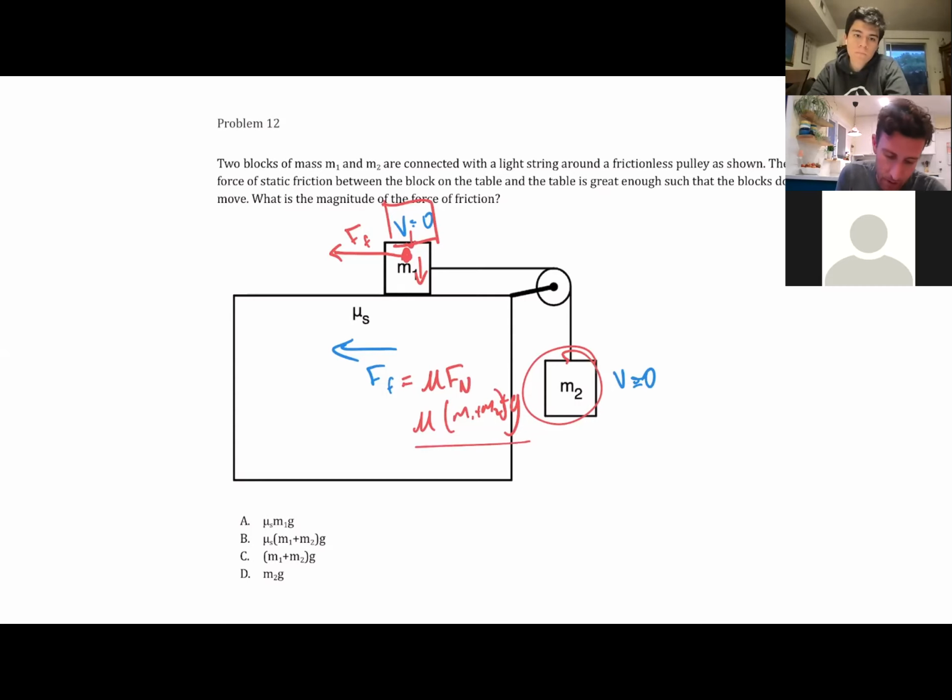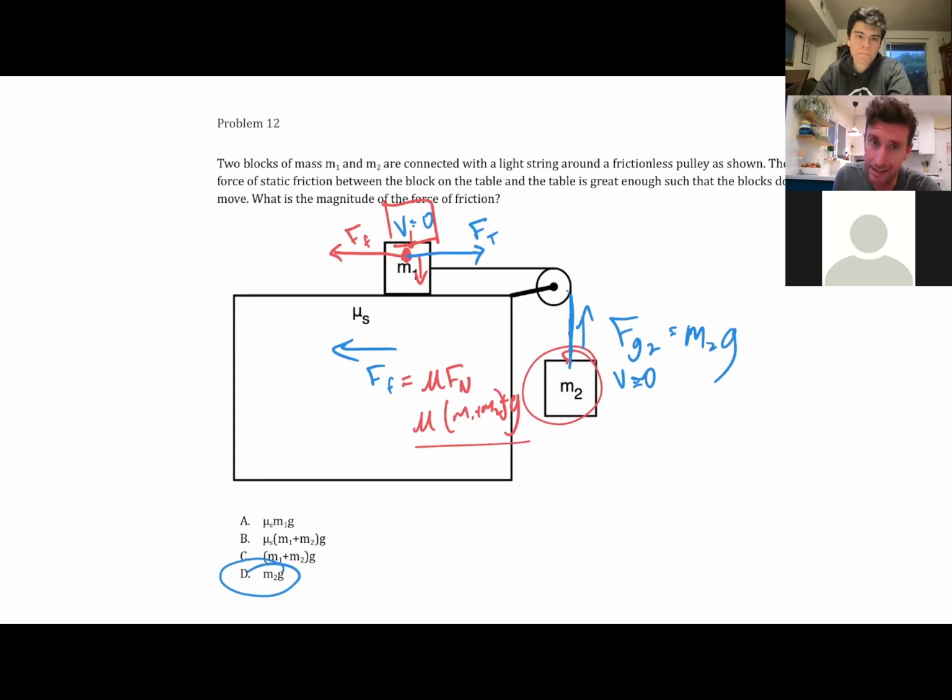However, in this particular case, mass 2 is not touching the tabletop. So the way that I would think about this one is that the force of friction is balanced on mass 1 by the force of tension. Since it's not moving, force of friction equals force of tension. And the force of tension on the whole rope is the same. On this part of the rope, it's really F sub g of mass 2, which would be mass 2 times g. So I would go with D